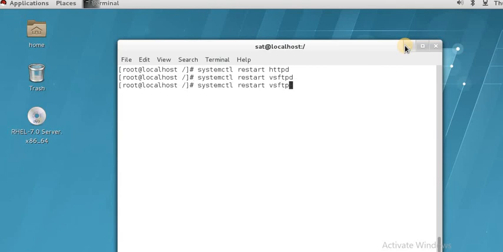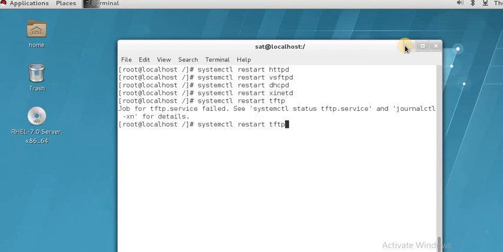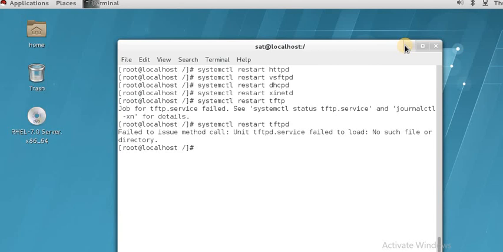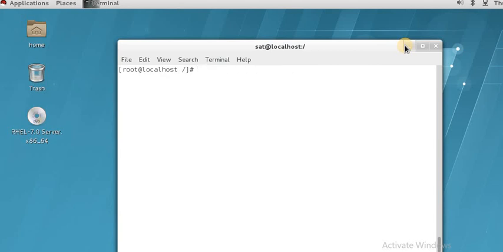Okay. DHCP. All the services we have restarted successfully. Now what we will do, we will see from the client whether we are able to boot from the client or not. Okay,